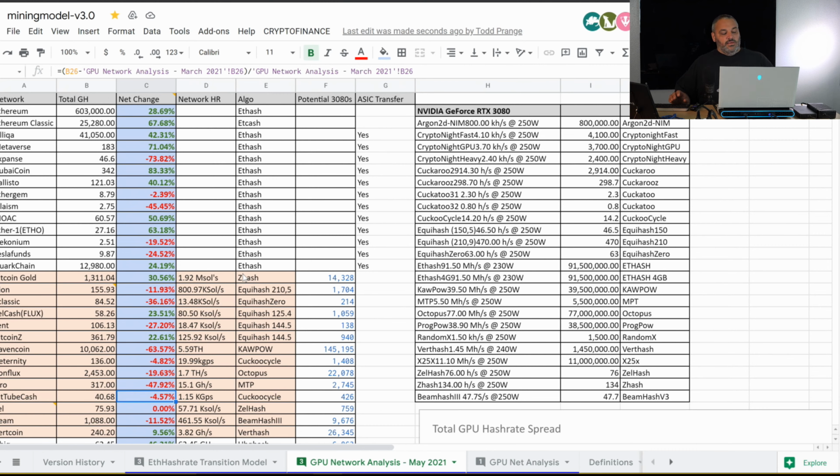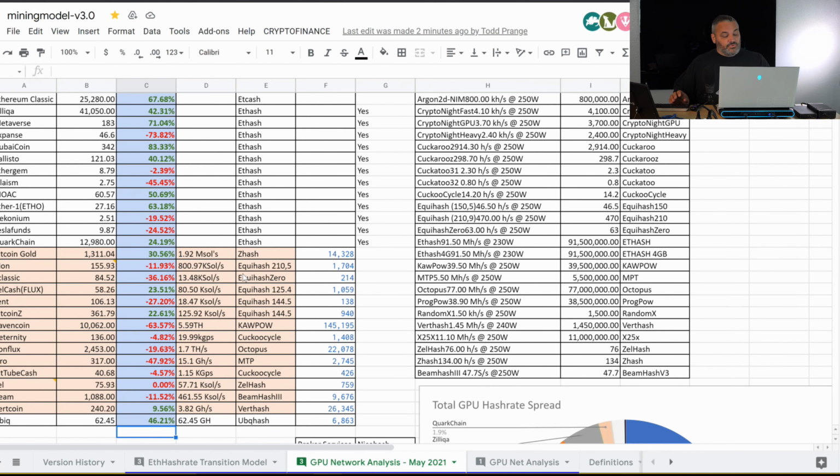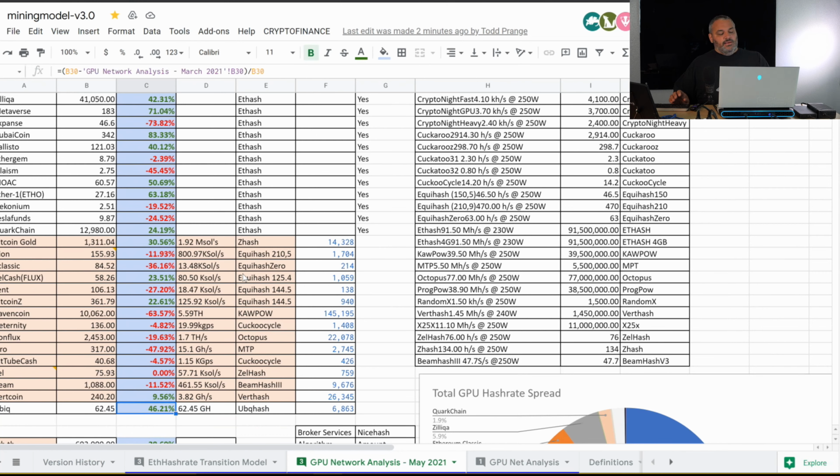So when we look at some of these other networks, Vertcoin, Firo had a large decrease. It was about 30 gigahash total in the MTP algorithm, and it's now gone down to 15, following some price drops there. Ubiq is up quite a bit, almost 50% on its total net hash. It went from 30 gigahash to 62, and I think a lot of that has to do with, if you look at the coins that have done well,